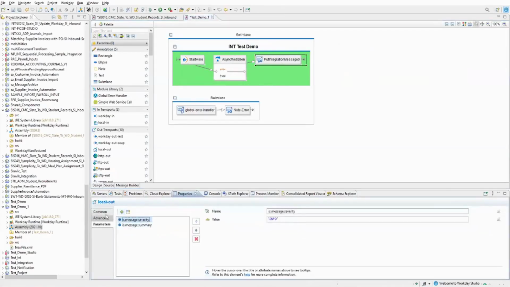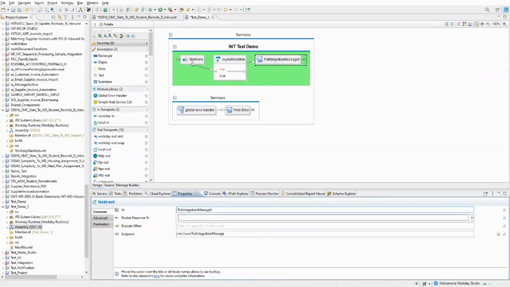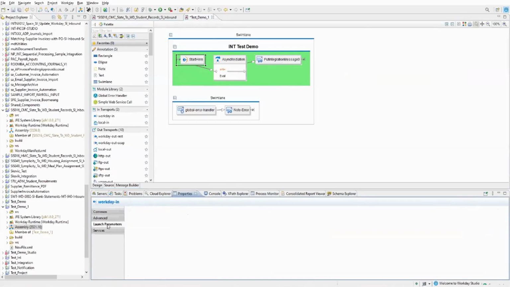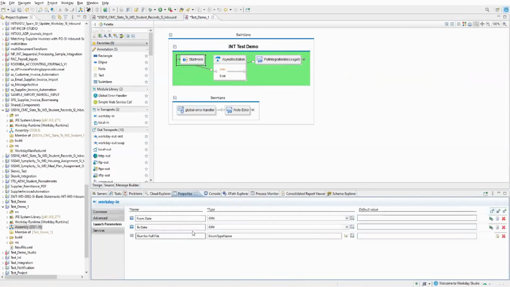Info summary. Okay, Start Here. What's the name? Int test 2. Parameter is from date. Run for full file. Let me add another one here. User ID, and I give it as text and save it.